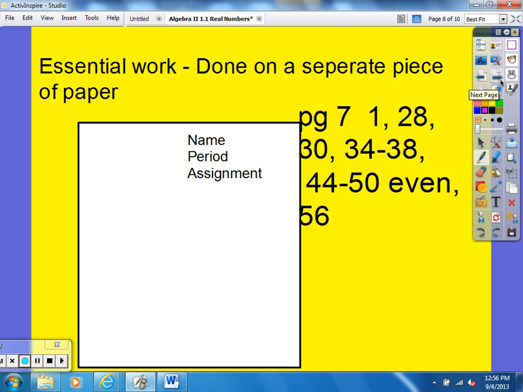And now we're on to our lovely essential work, which is posted here. We will stop the